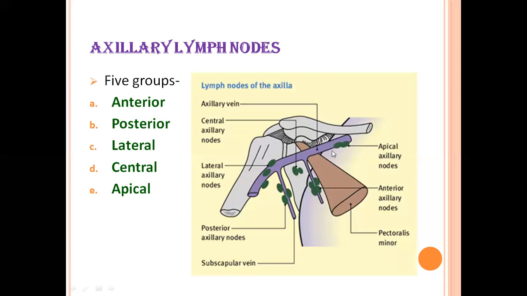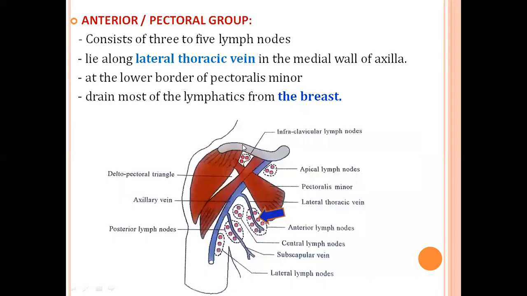And towards the apex of the axilla, if you remember the apex, the posterior surface of the clavicle, upper border of the scapula and outer border of the first rib, almost at that point you will see the apical group of lymph nodes. All these are very much related to the axilla. That's how they are named axillary group of lymph nodes. Now each lymph node group we have to discuss in detail because this itself may come as a short note. Axillary lymph nodes are very important.